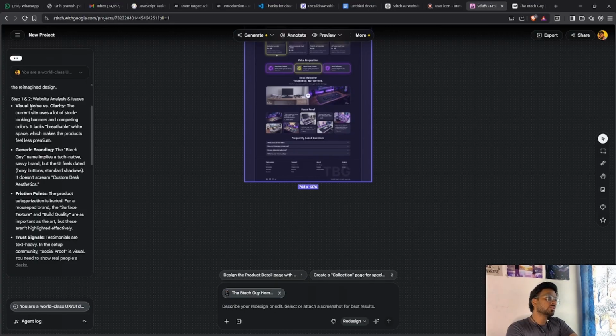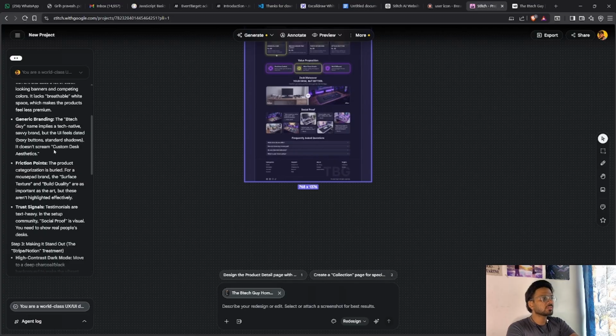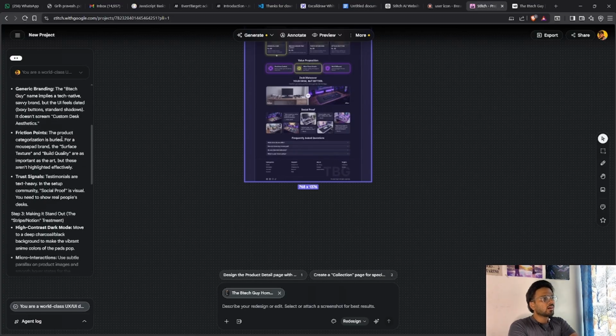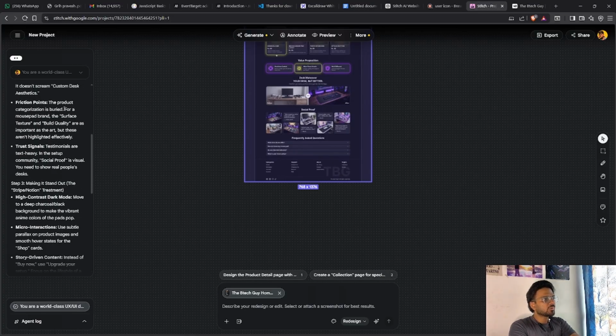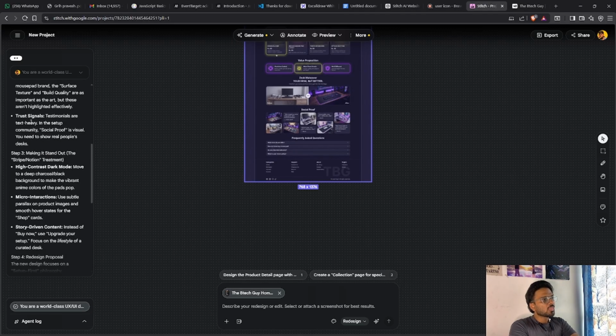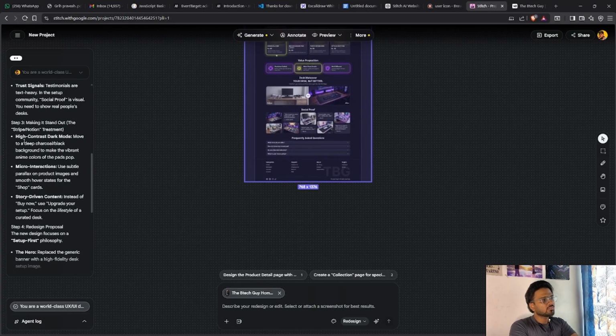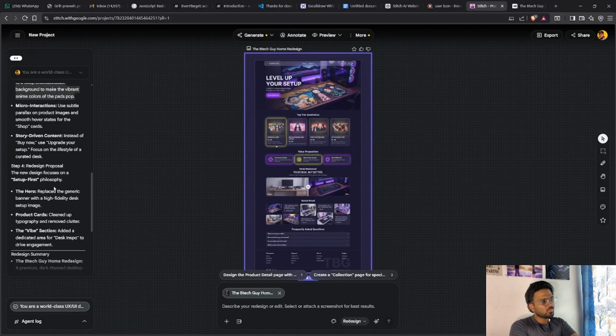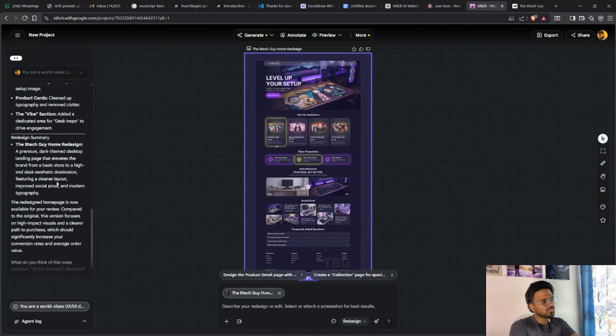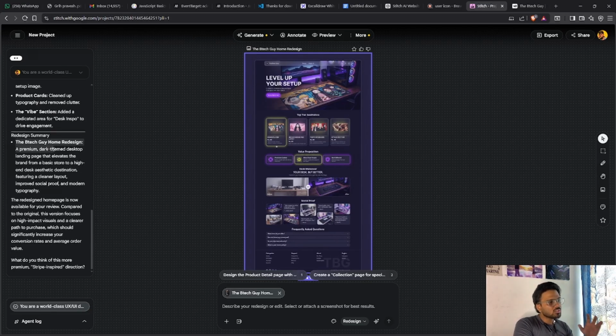So visual noise, the clarity: current uses a lot of stock images, banner image generating branding, and we have the inspection print. The product characterized is varied for a mousepad brand. The surface is the texture, build quality as input. So trust signals, testimonials are text heavy, and we have this high contrast dark mode. So move to a deep charcoal black. Okay, deep charcoal black. So it has given me a summary of what changes it has done,